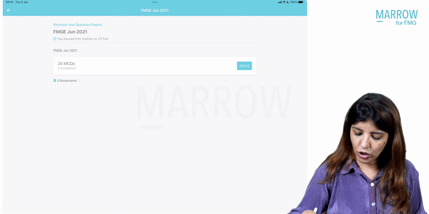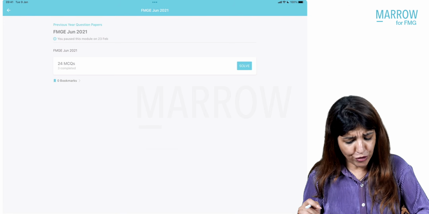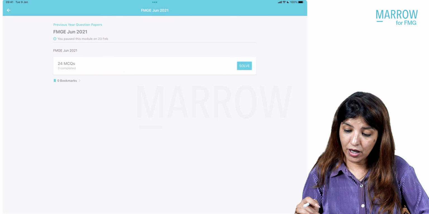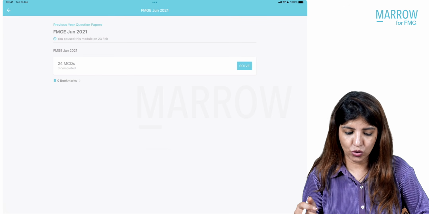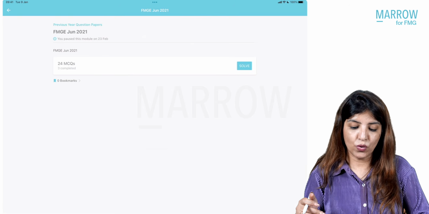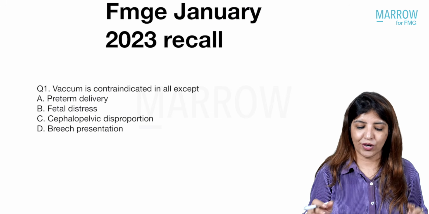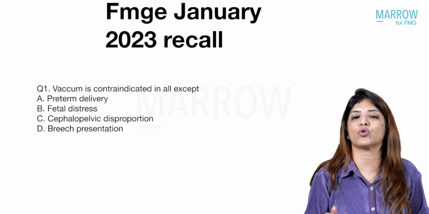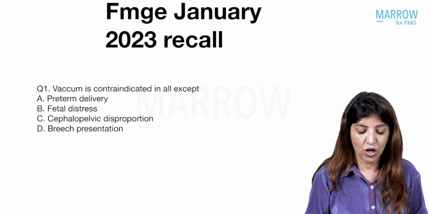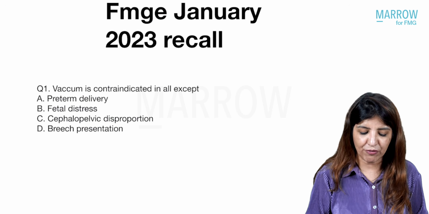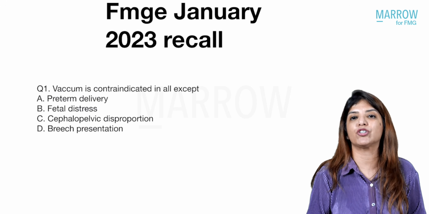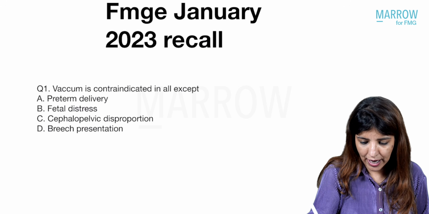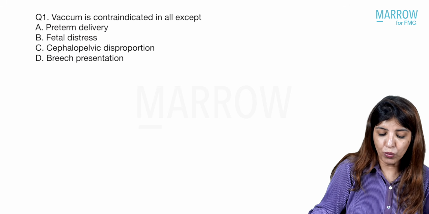Now, I also want to discuss with you a few questions which came this year, that is January 2023. So FMG January 2023, recall a few important questions. I'm discussing them with you. Question number one, vacuum is contraindicated in all except: option A, preterm delivery; option B, fetal distress; option C, cephalopelvic disproportion; option D, breech. Now, before I tell you the answer, you are going to tell me in which conditions